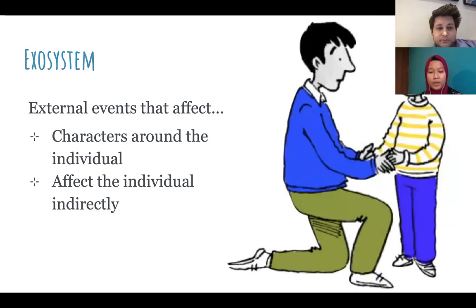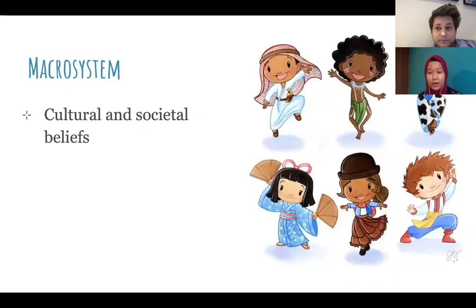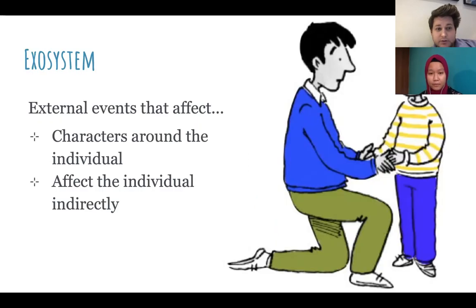So part of the child's system would be the parent. But something that happens to the parent in the exosystem, for example, if a parent loses a job, this affects the parent, but also indirectly would affect the individual, which is the child. And so how the child goes to school, knowing and having these experiences, would affect their experiences in school. And that's how we as educators would have to try to be flexible in understanding their position.